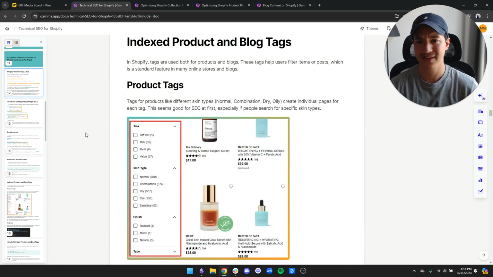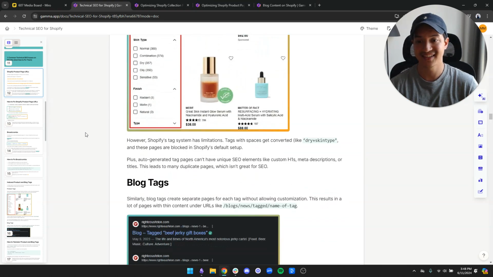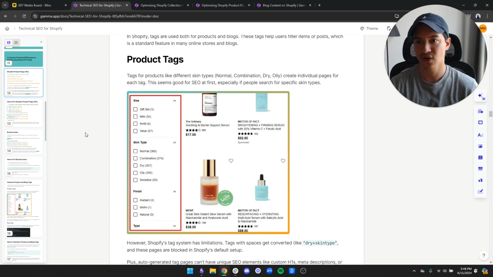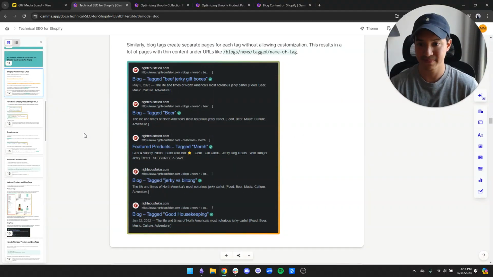Index product and blog tags. The thing about the way Shopify works is that when you have product and blog tags, they auto-generate these tag pages, which is basically duplicate content, right? So you'll have tag pages like this, whether it's a product tag or a blog tag, you'll end up